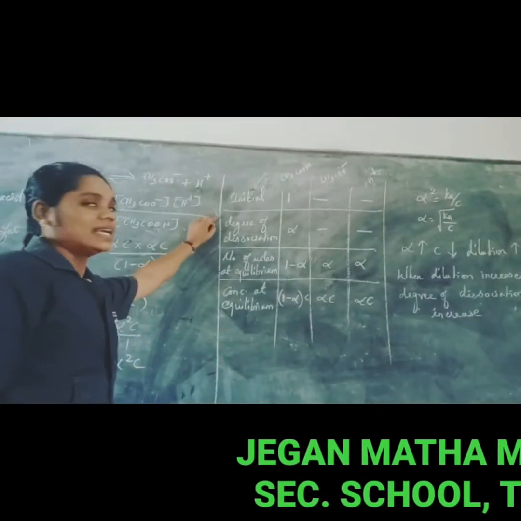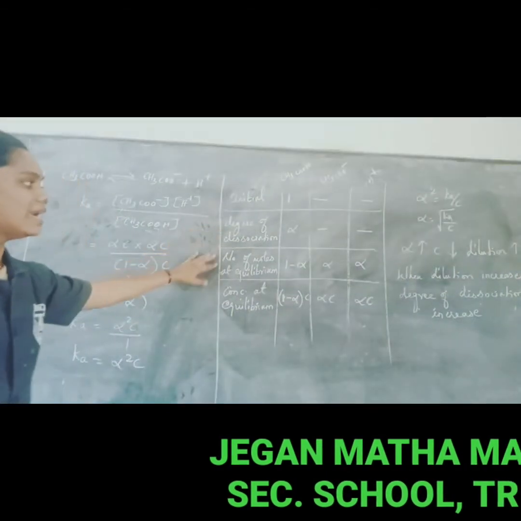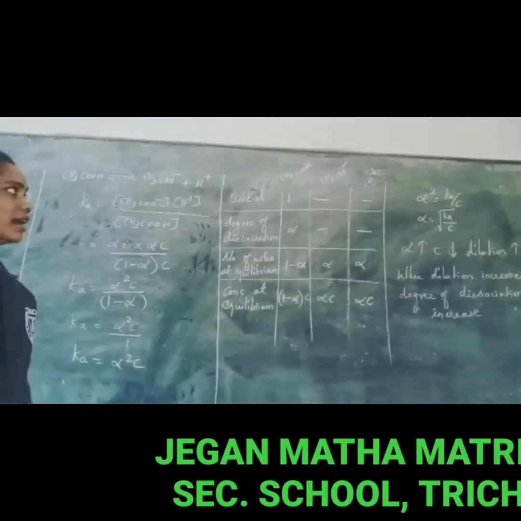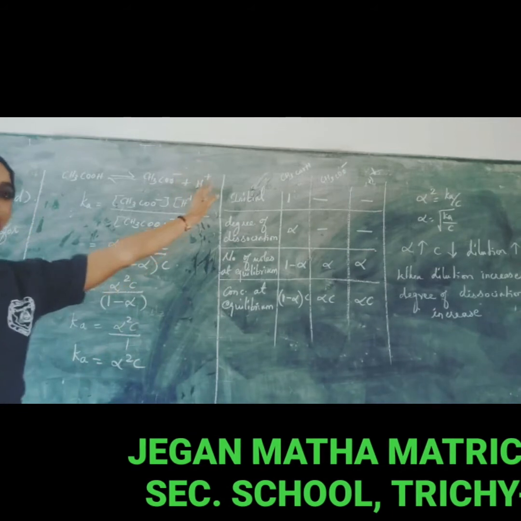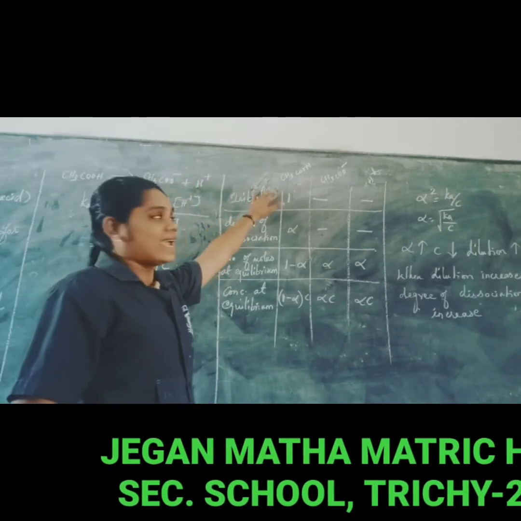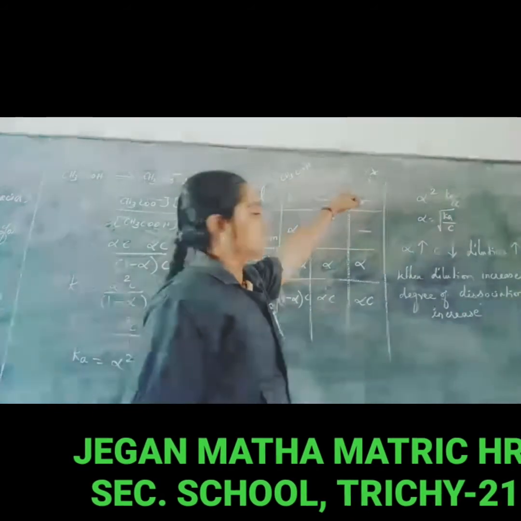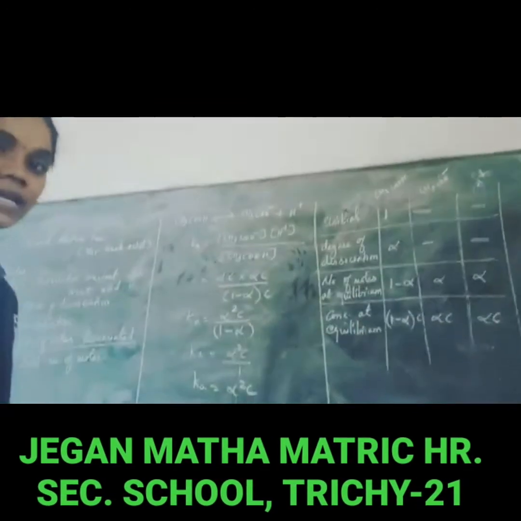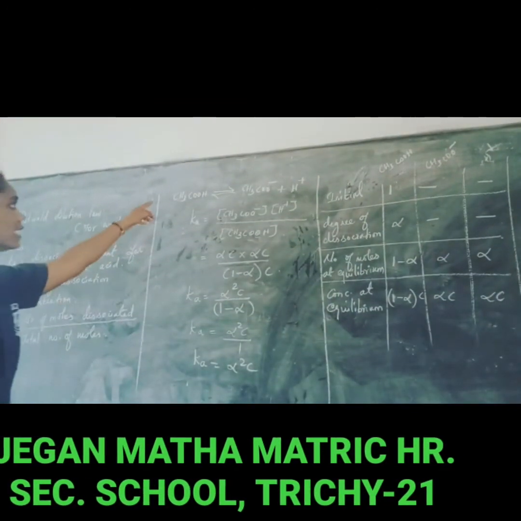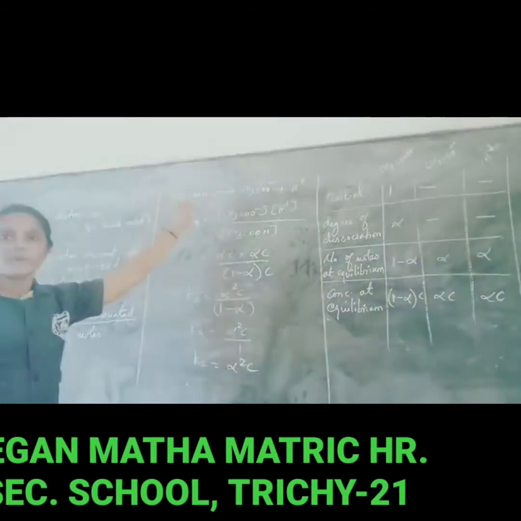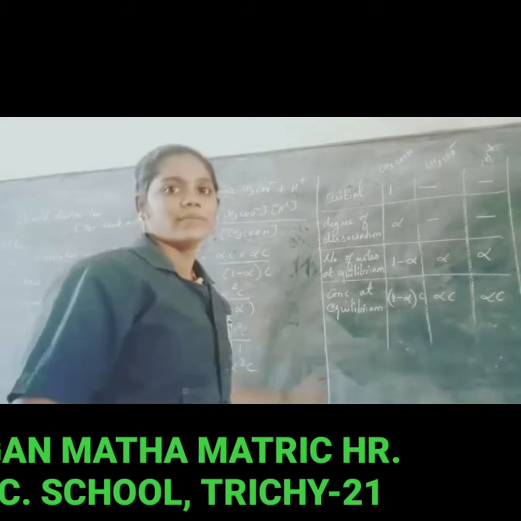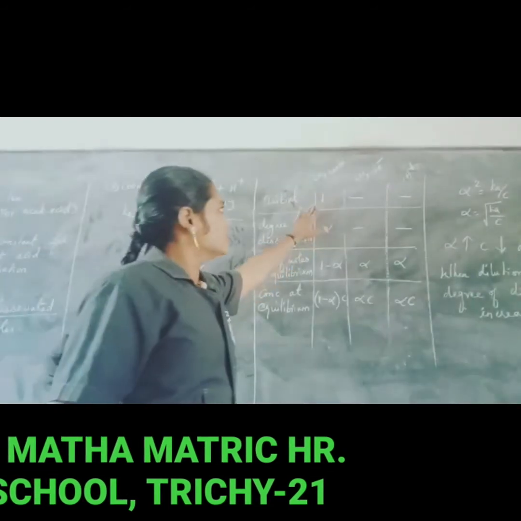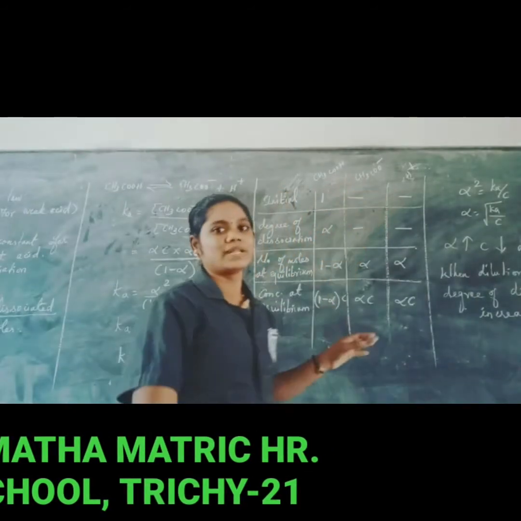Initial concentration, degree of dissociation, and number of moles and concentration at equilibrium are the important things. First, initial concentration. Acetic acid is the reactant, and it dissociates into acetate and acid. Initially, from the formula CH3COOH, we take 1 mole of reactant only. So here 1. Initially only the reactant acetic acid is present, and CH3COO minus and H plus are not yet present.